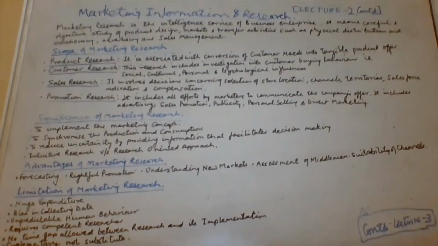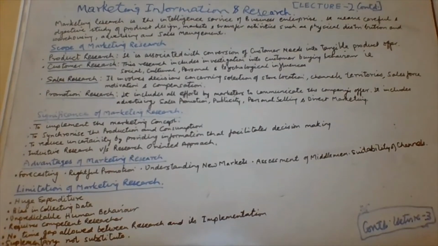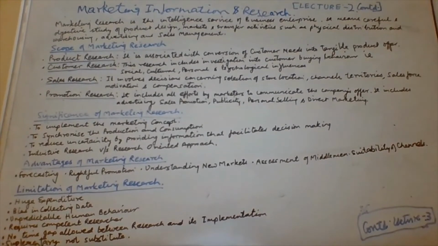So these are two aspects: one, as far as the researcher is concerned, and the other, the decision maker. Here, the decision maker in a business organization is the marketing manager. So both these aspects are very important in decision making. Now, having discussed this, let's see what the various advantages of marketing research are.